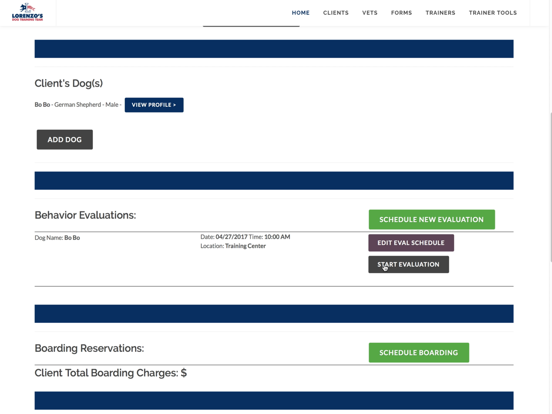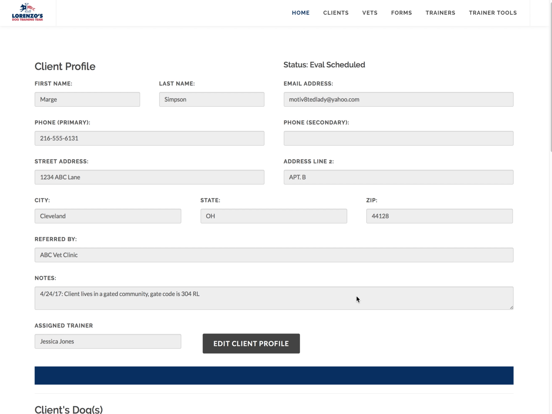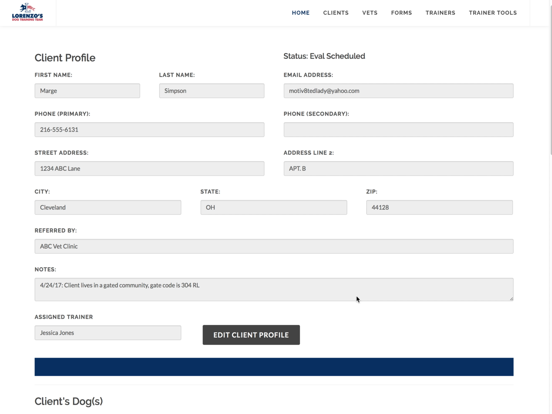and I am going to press start eval from this area right here. So you go to the client's profile, you see the client's profile here, you're going to scroll down. This is where you can also confirm all the information for the client, making sure that their name is spelled correctly, we have the correct email address, phone number. If there's a secondary phone number, you can list that on here too,